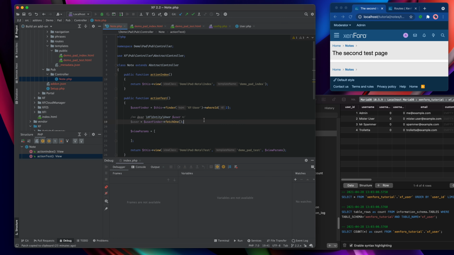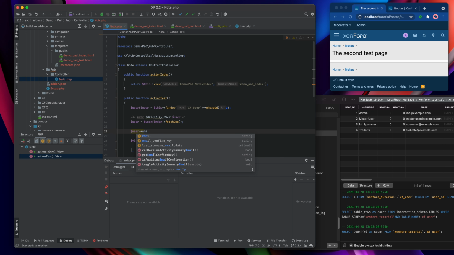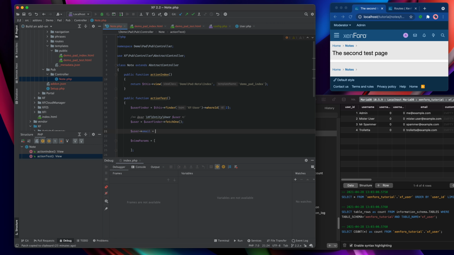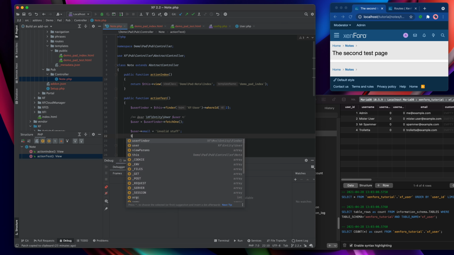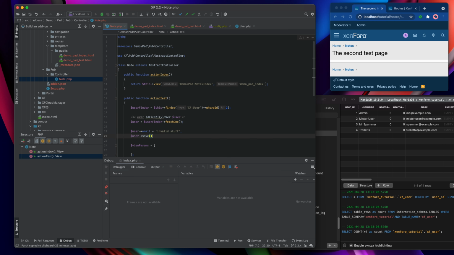And as soon as I do that, I get additional help while I'm typing code. You'll see that when I start doing this. Let's set the email. User email. There we are. It knows that we have an email field. So we'll put that in, and user email equals, I'm going to make it throw an error to begin with. So I'm trying to set the value of user email to invalid stuff, and then I'm going to save that, and at this point I'm expecting that to fall over.